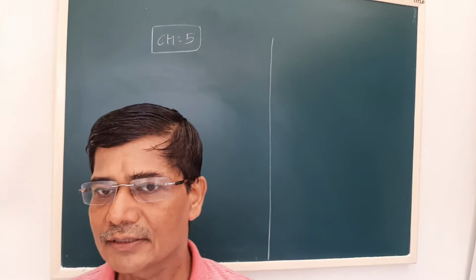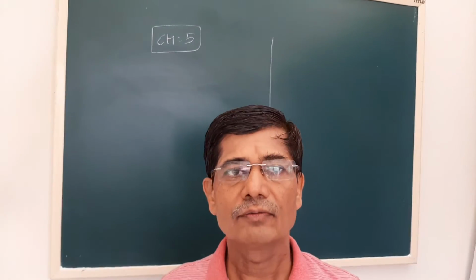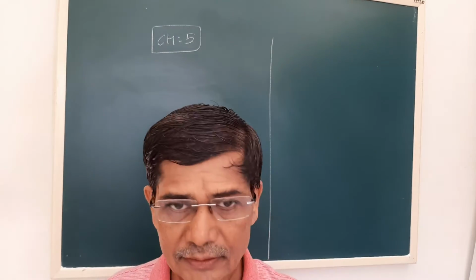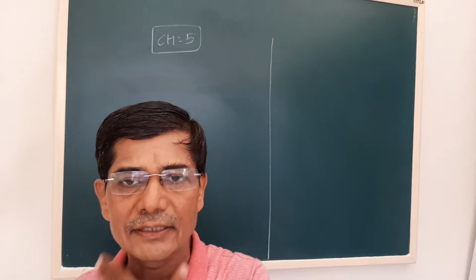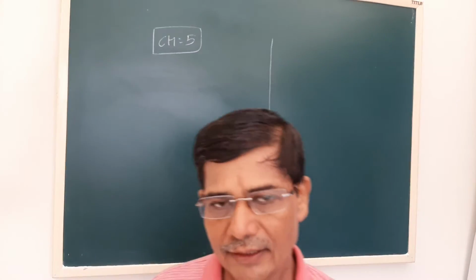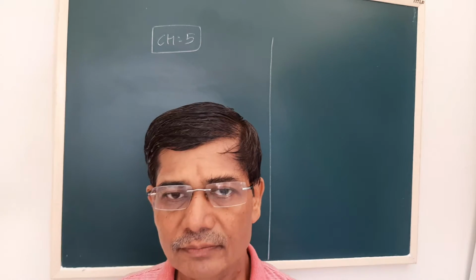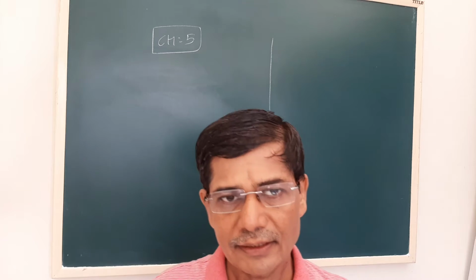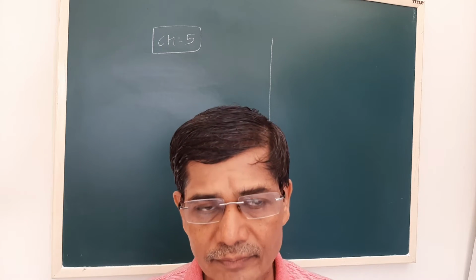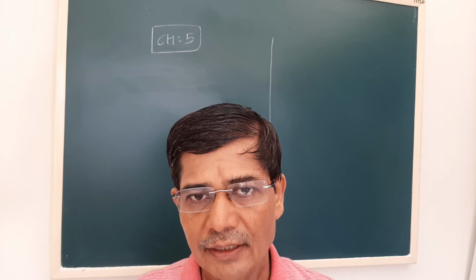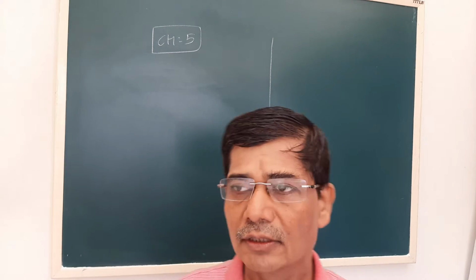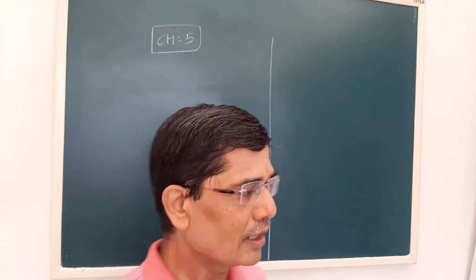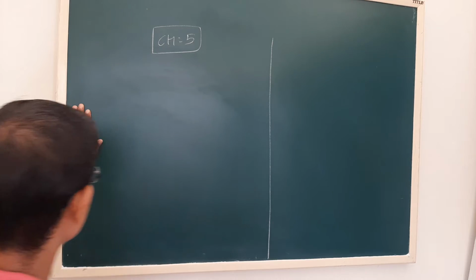See dear students, last time we started lesson number 5. We talked about the magnetic field of a bar magnet. Then we established the relation between the magnetic field of a bar magnet and a solenoid. We derived the equation for magnetic field at any point on the axis of a magnetic dipole moment and on the equator of a magnetic dipole moment. Also we derived the equation of torque acting on a magnetic dipole placed in a uniform magnetic field. Okay, now today we start with the electrical analog.